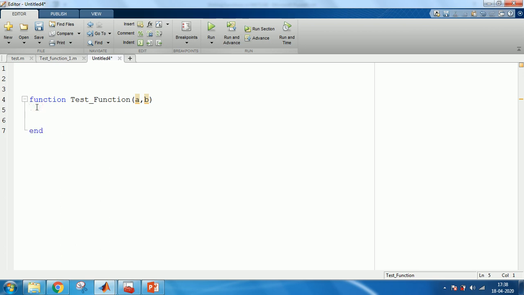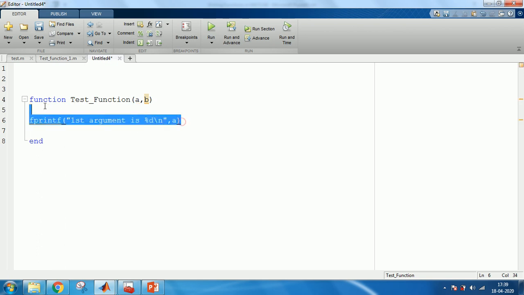Inside this you can do whatever you want. Let us say that I just want to print these two input arguments given to this test function. So what I can do is use fprintf. The syntax is similar to C: %d, then a new line feed, comma a.